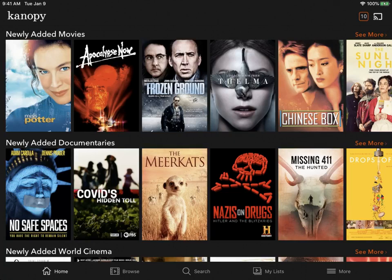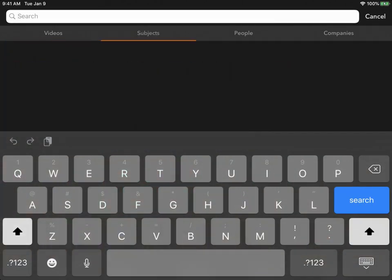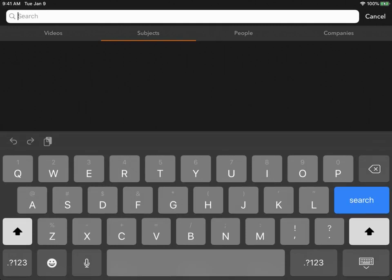And with that, if you wanted to search, you could tap on search, just like in our other apps, and you can do a search there by typing in a title. They also give you the option if you wanted to tap on subjects or people, companies. Those are other ways that you can browse. So like subjects here, when you search,